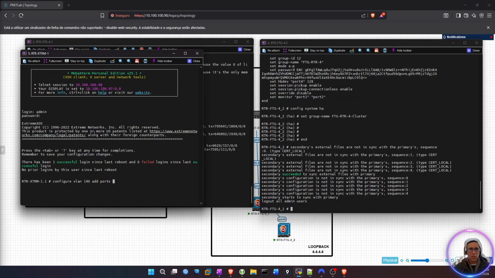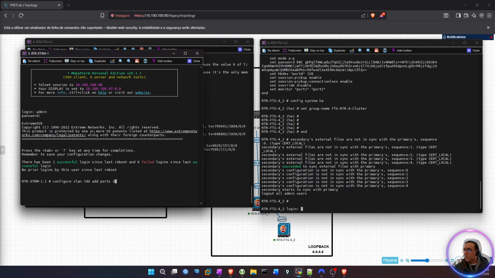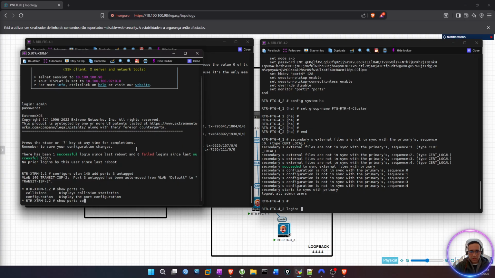Port 3. Add port 3. Untagged. Boom, done. Port 3 has now moved from VLAN default to transit ISP VLAN, that is the VLAN 140. So if we do a show ports configuration,